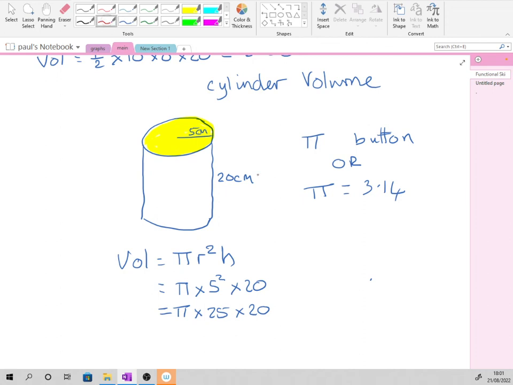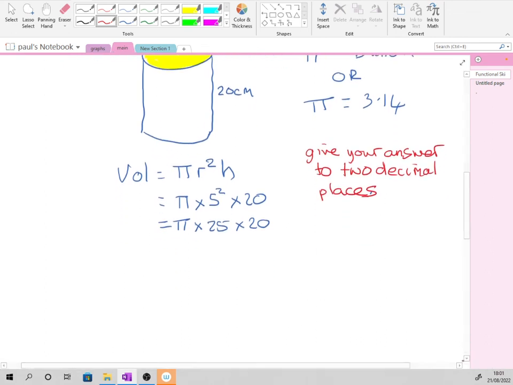Now you can get a good idea that you may have to use the button on your calculator, because they might say give your answer to 2 decimal places. Okay, 2 decimal places. So let's work this out, see what this is. And so I'm going to go shift pi times 25 times 20, which is equal to